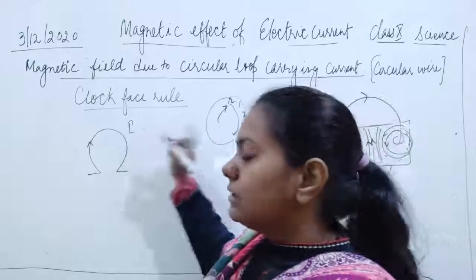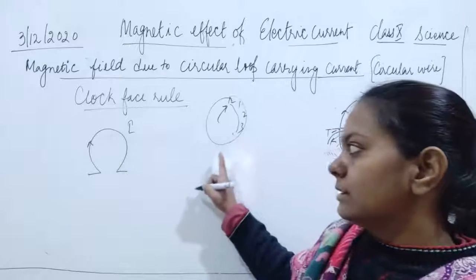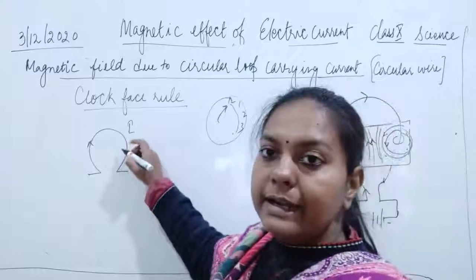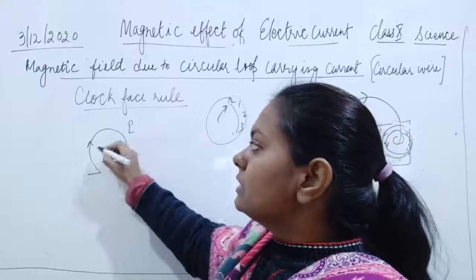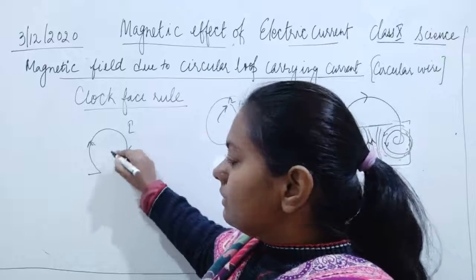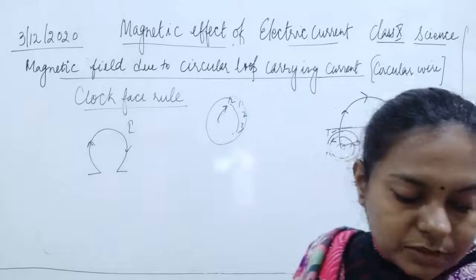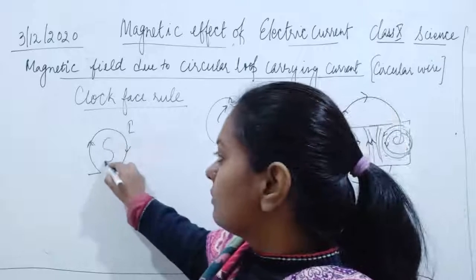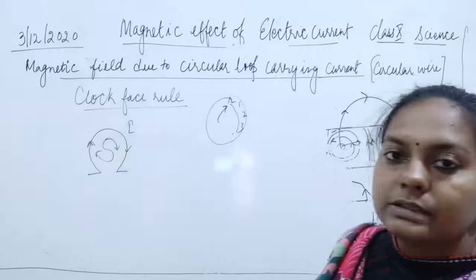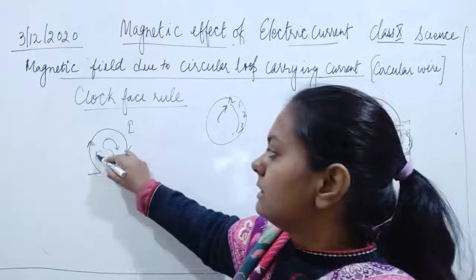तो अभी क्या करना है, जो नीडल चलती है क्लॉक की this is the clockwise direction और एंटी क्लॉकवाइज मतलब just opposite to it. So here if the current is in the circular manner, it is in clockwise direction, then what happens, which pole is going to develop? The south pole is going to develop. Just remember like this. ठीक है, the south pole will be developed. आप ऐसे मार्क कर लो.